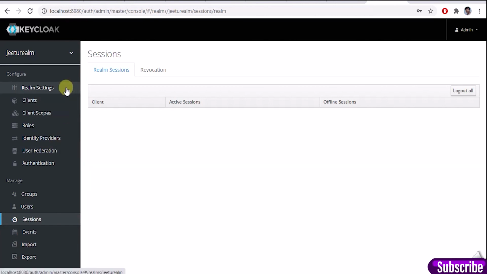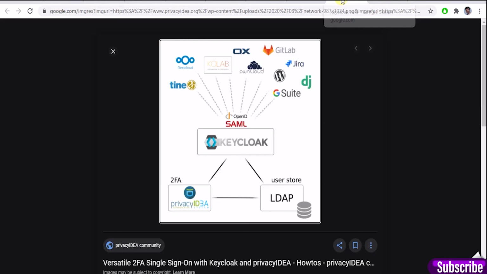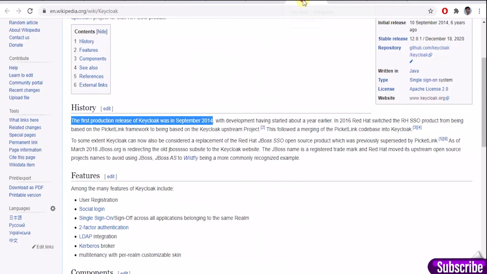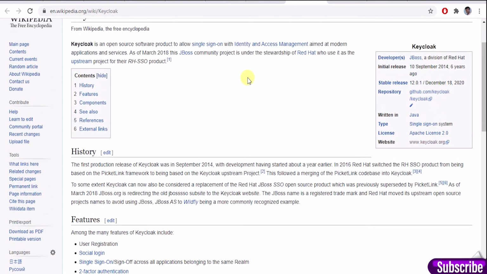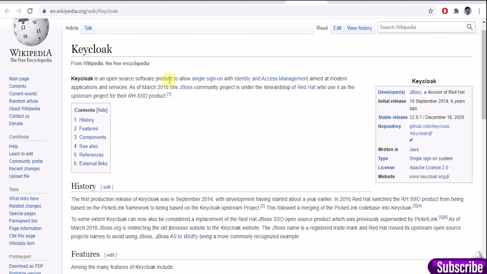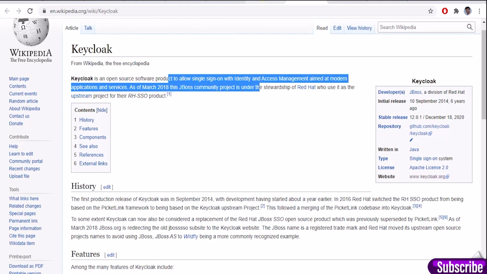So we'll see all these in detail in the coming videos. This was just an introductory session for Keycloak, how it does the SSO, how it provides. We have seen when it started and what all it provides.